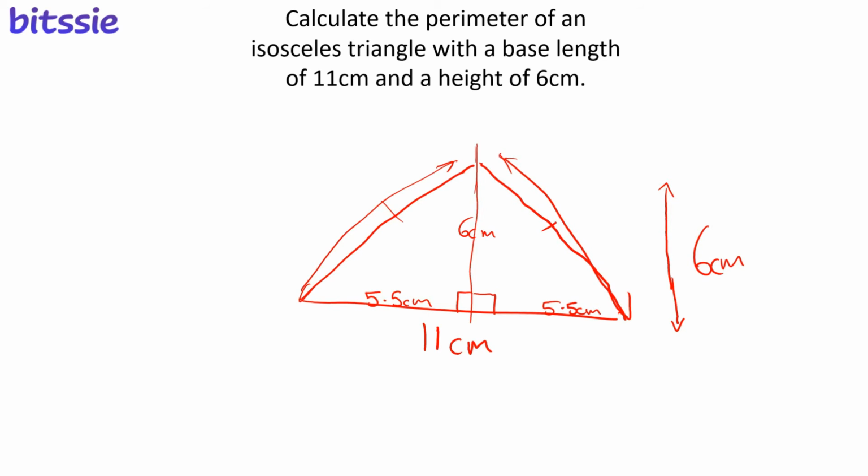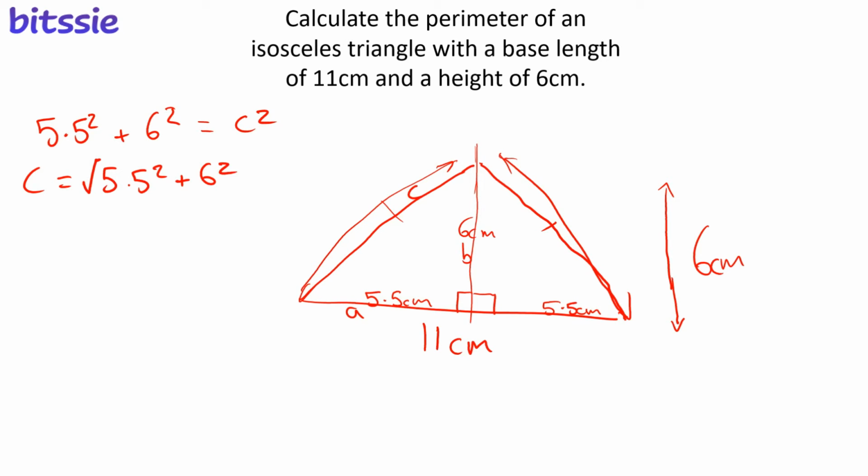And then let's label our sides A, B, C. So A squared, 5.5 squared, plus B squared is equal to C squared, which means that C is equal to the square root of 5.5 squared plus 6 squared, which is equal to 8.14 centimeters,